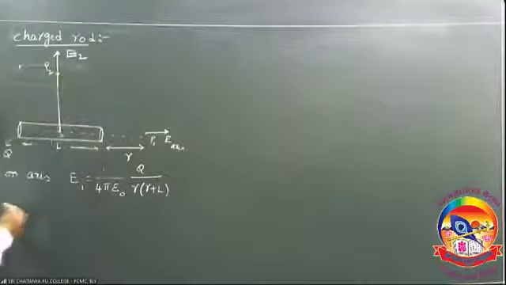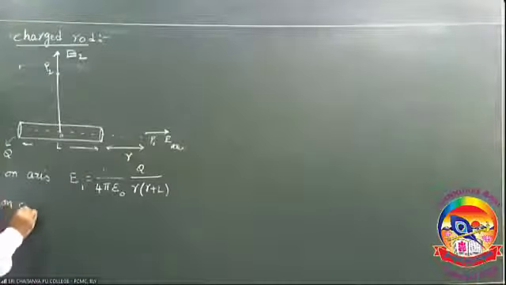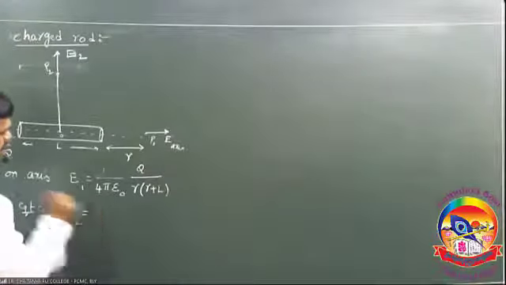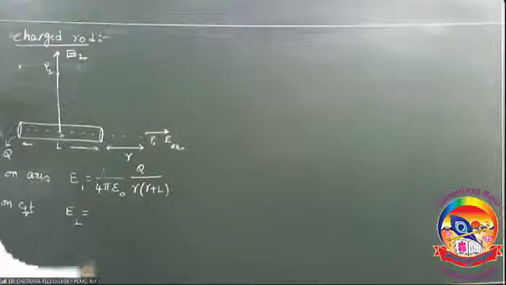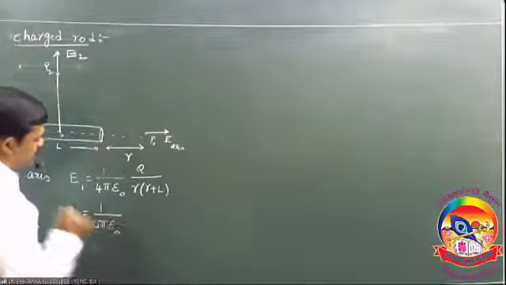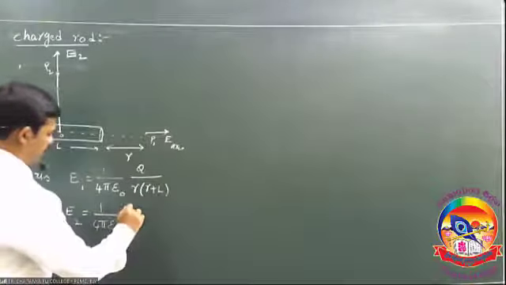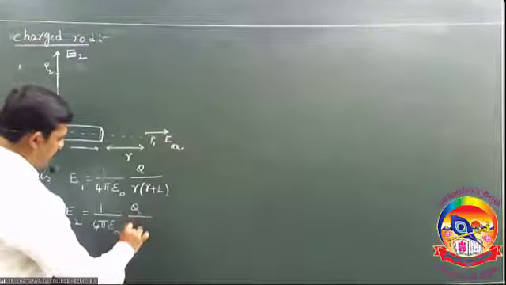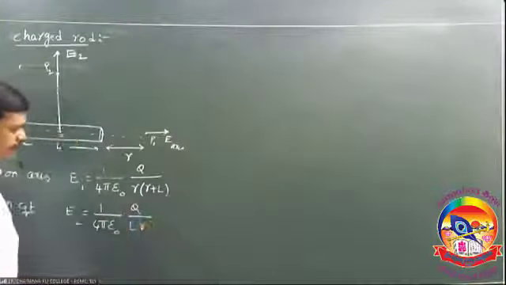Here on the equatorial line, what is the intensity? 1 by 4 pi epsilon naught Q by LR